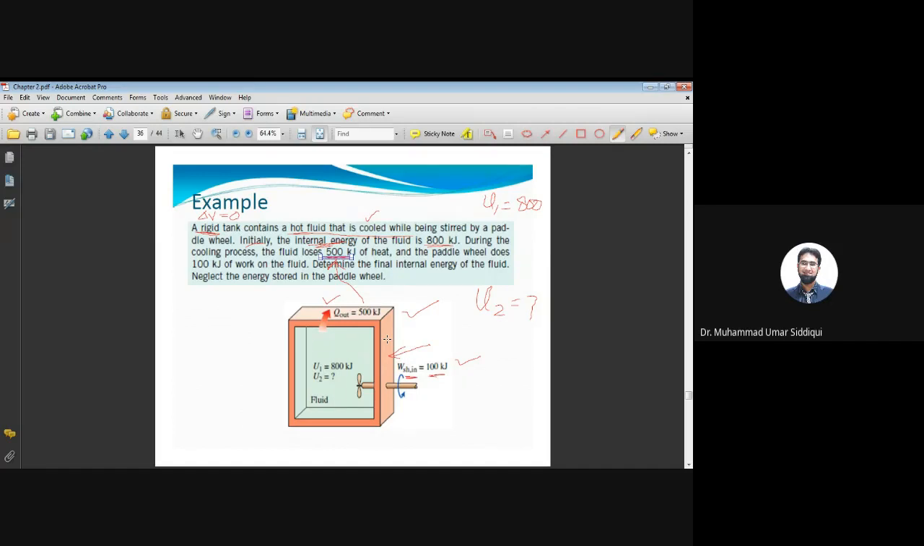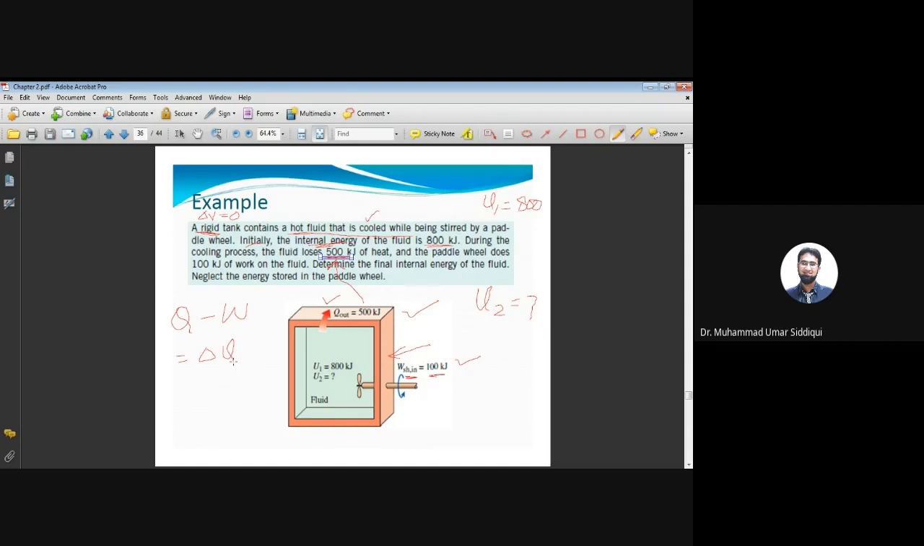Okay. Now, since we need to find U2, let's apply the first law of thermodynamics here. The first law of thermodynamics says Q minus W. First of all, this is a rigid tank. There is no mention of any mass going in and out, so I'm just ignoring the mass term. So Q minus W plus E mass in minus E mass out, but E mass in and E mass out will be 0 here, will be equal to delta U,